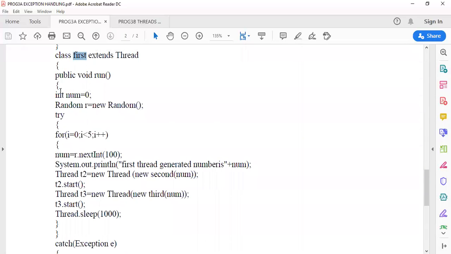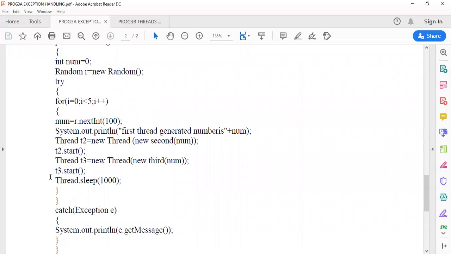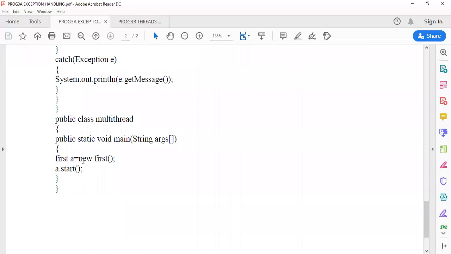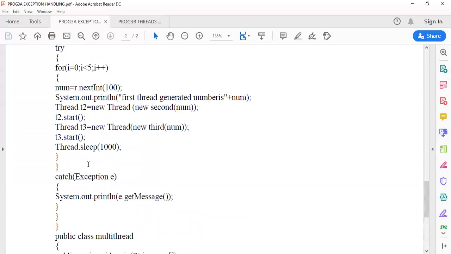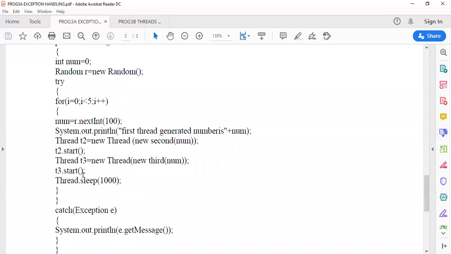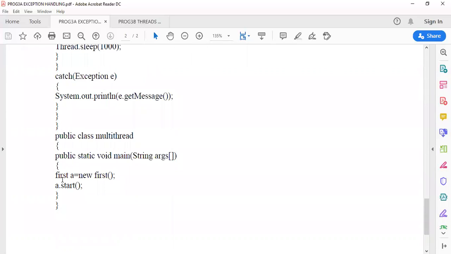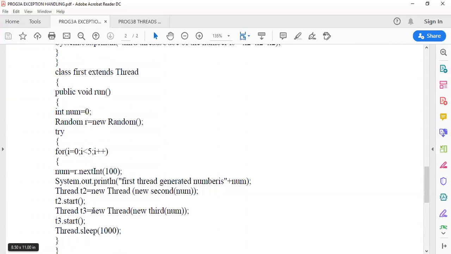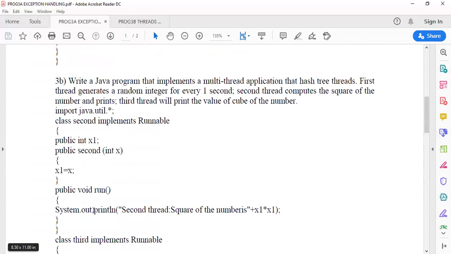The first thread in turn calls the second thread and third thread. But we have to start the first thread, then only will the first thread call the second and third threads. So here we are including code for starting the first thread. This is your program third B.